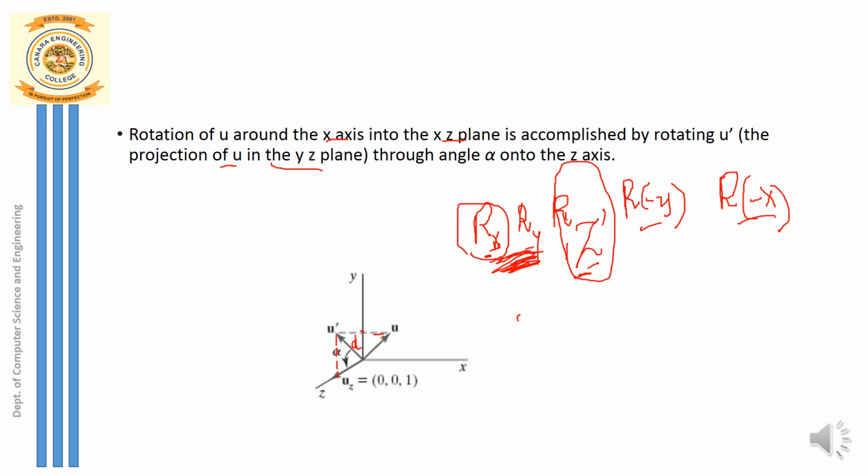Now when I say the vector has its scalar components, it has a scalar component along x, a scalar component along y, and finally a scalar component along z. Here let me consider the scalar component of this vector u along x as a, along y as b, and finally along z as c. These are the three scalar components of this vector u dash.